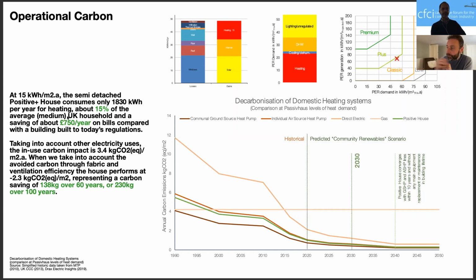But what's really key is what this graph is showing. What we haven't done is go for ground source heat pumps or any other expensive technologies. We've estimated, and this is not our figures, that certainly by 2040, if not slightly earlier, by 2030, the annual carbon emissions from direct electricity from the grid will start to converge anyway with more sustainable forms of energy production that you see now, such as ground source heat pumps. So instead of investing a lot of money into that technology and the issue of replacing it over time, let's rely instead on direct electricity.